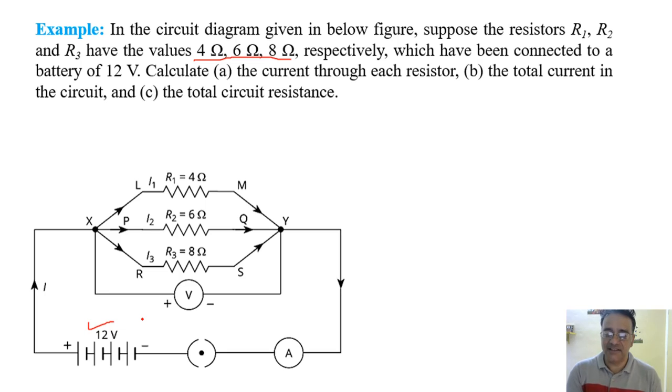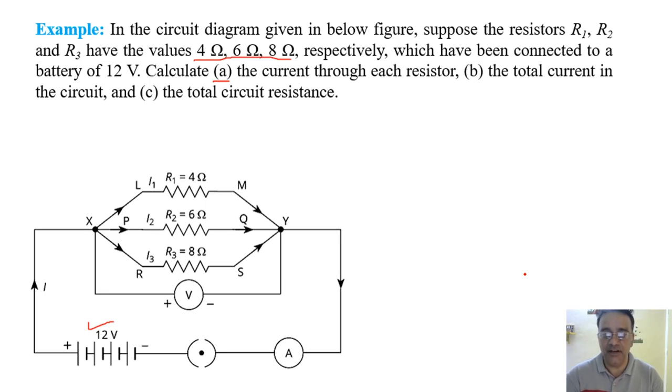As these resistors are connected in parallel, so current divide होगा. So हम लोग को हर एक resistance पे कितना current flow हो रहा है, that we have to find. This is the first bit, and the second bit is, what is the total current in the circuit, and the last one, total circuit resistance. Okay, so we'll start with the current